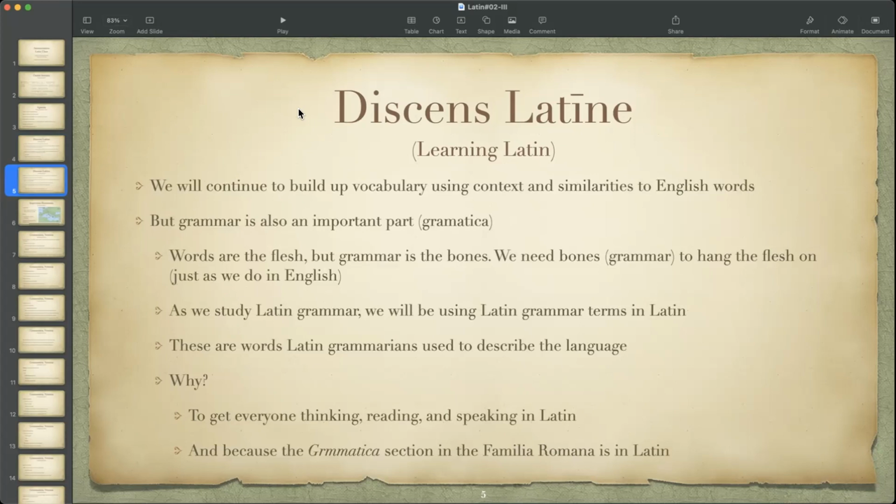Growing up, we took English classes and we learned proper grammar. You may not realize that listening to mainstream media and reading the newspapers sometimes, but hey, that's the idea. But one thing we are going to do is, as we study Latin grammar, we're going to be using Latin grammar